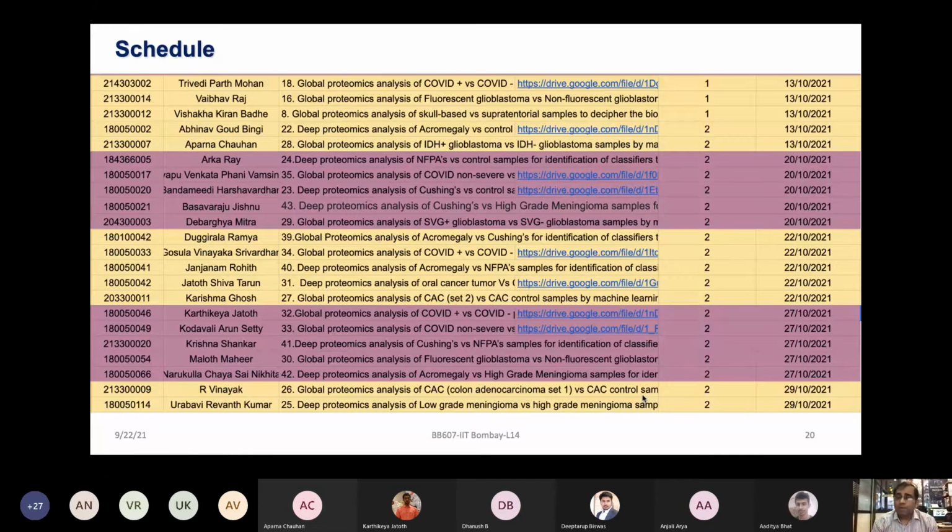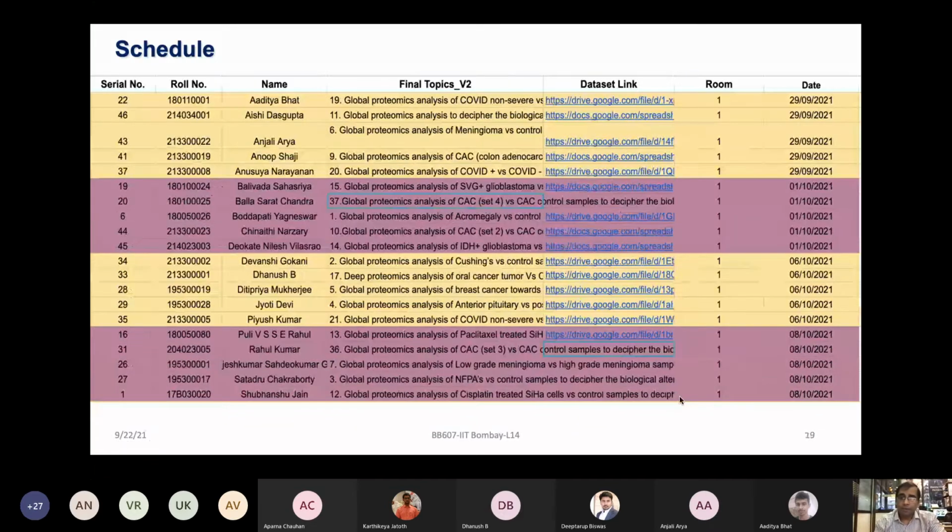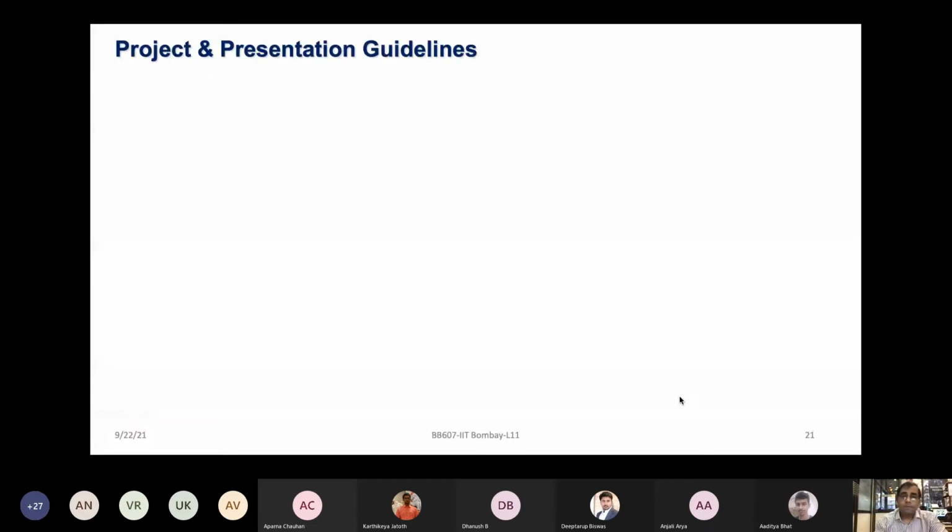So this is more interactive. It's not going to be an exam right now. It is essentially to help you do better project analysis. Please don't look at this sheet as a final thing. The Excel sheet will be the final sheet, where the schedules are being updated. But finally, what is going to happen is that each one of you has been assigned one unique topic, and we'll be very happy to learn from each one of you how you took the data and moved forward with that analysis.